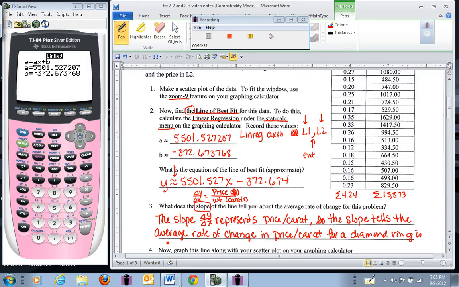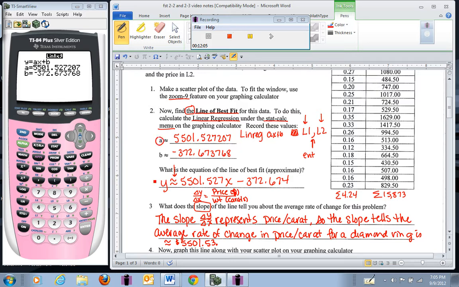And that would be approximately $5,501.53, wouldn't it? Okay? Because our slope was this A value right here,